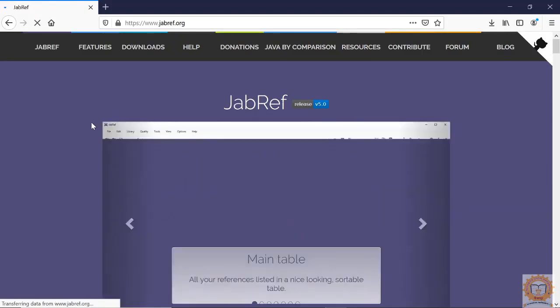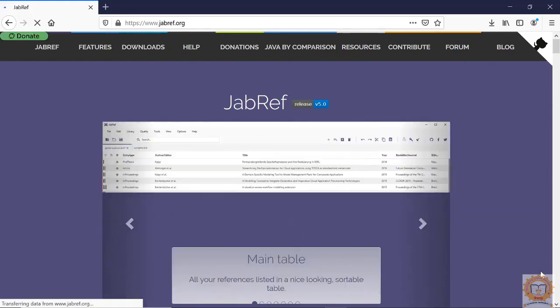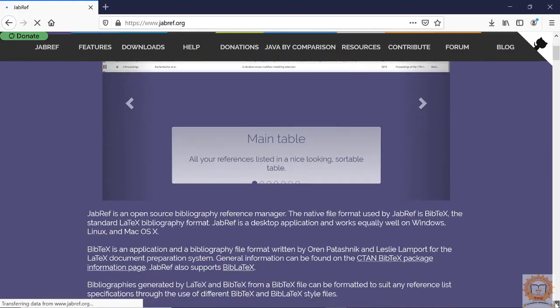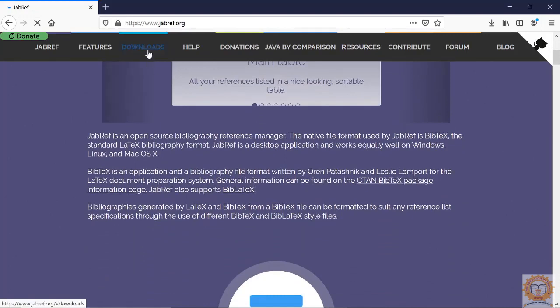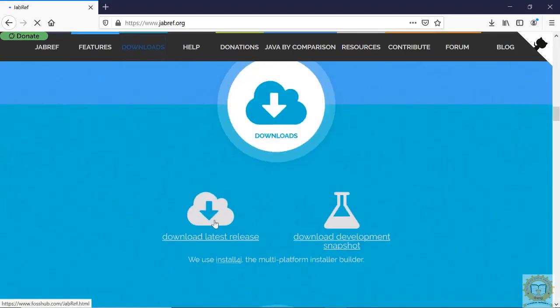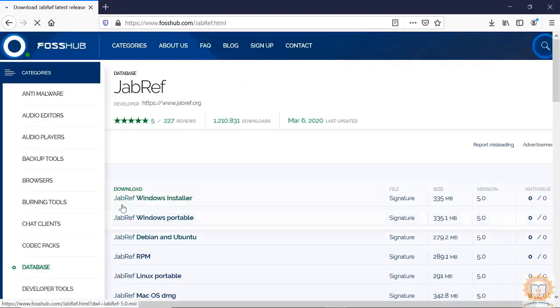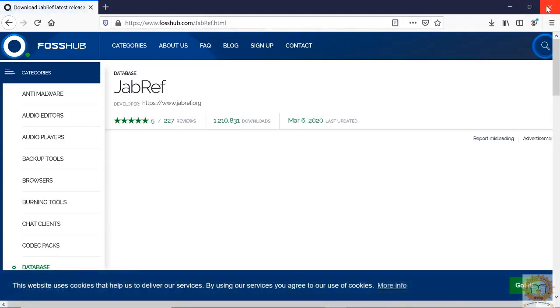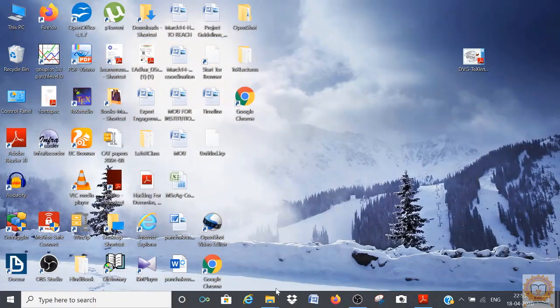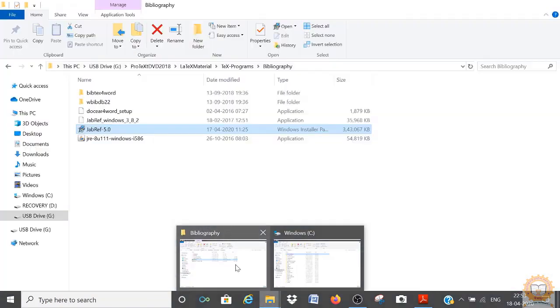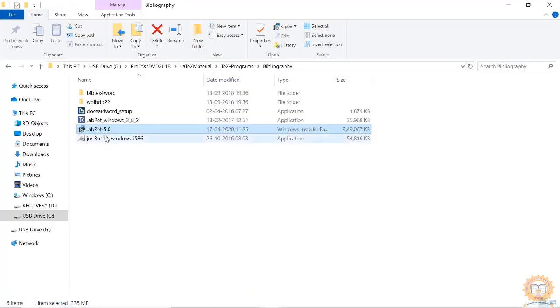This is the JabRef home page, and to download it, click on downloads, download latest release, and download the JabRef Windows installer. I have already downloaded this and it is available on my pen drive. So I will directly show how to install it.